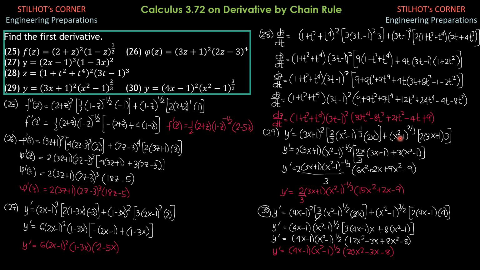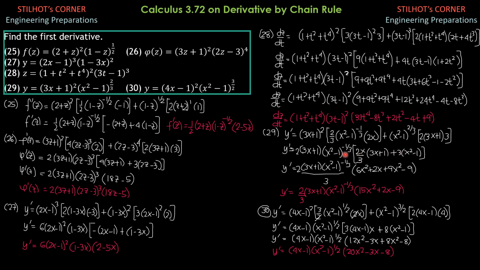Then for the second, we have 3 definitely. We already factored that out. Then quantity x squared minus 1 raised to 1. Because quantity x squared minus 1 to the 2/3 divided by quantity x squared minus 1 to the negative 1/3, it's like 2/3 plus 1/3. So quantity x squared minus 1 raised to 1. So simplifying, we have,